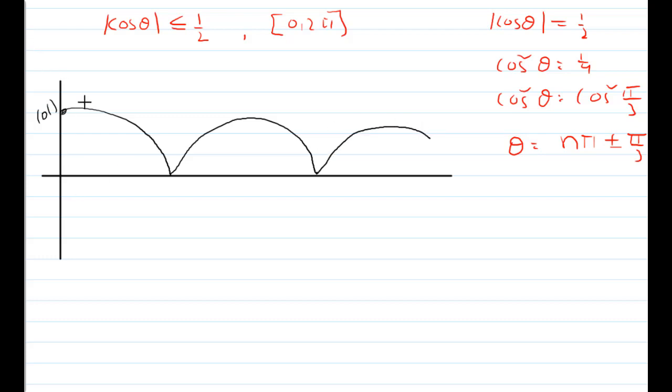Okay students, this is a rough sketch of mod cos theta. This is pi by 2. This is 3 pi by 2. We want up to 2 pi only, right? So here somewhere pi, and here 2 pi, up to 2 pi. That's why I want to draw a vertical line. So in this area, I want to find the values of theta so that mod cos theta is equal to half or lesser than half. That's why I want to draw the line y equal to 1 by 2 first, a horizontal line above the x-axis. Yeah, this is the line.